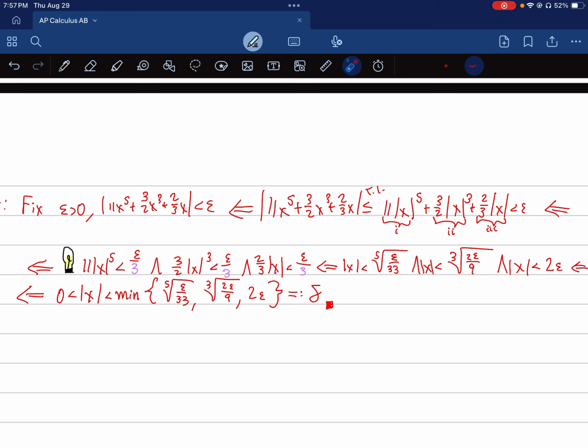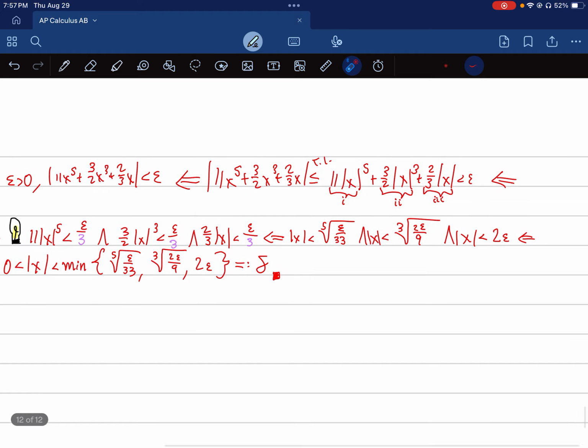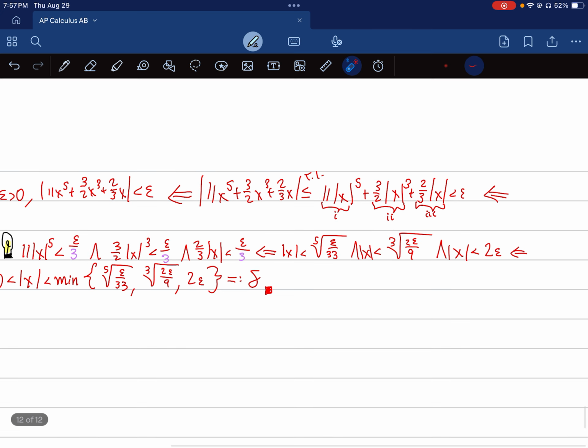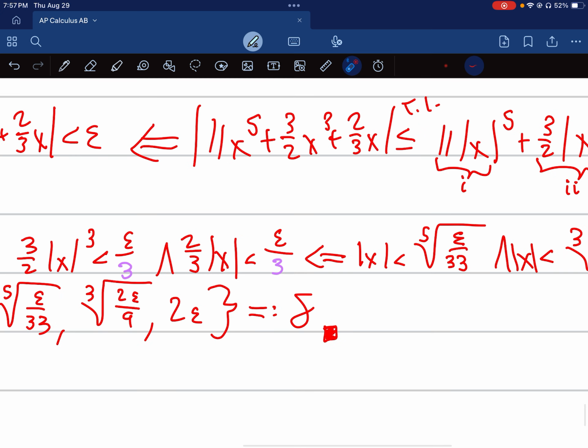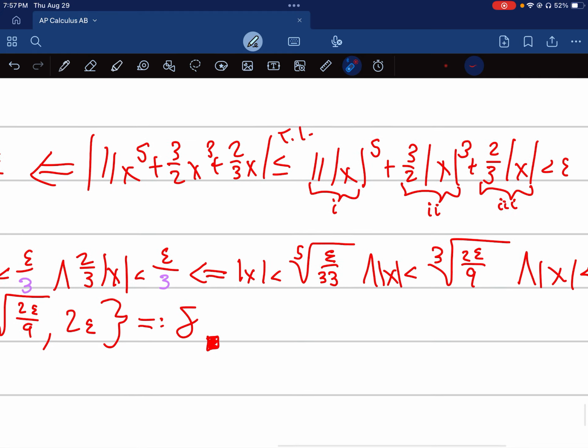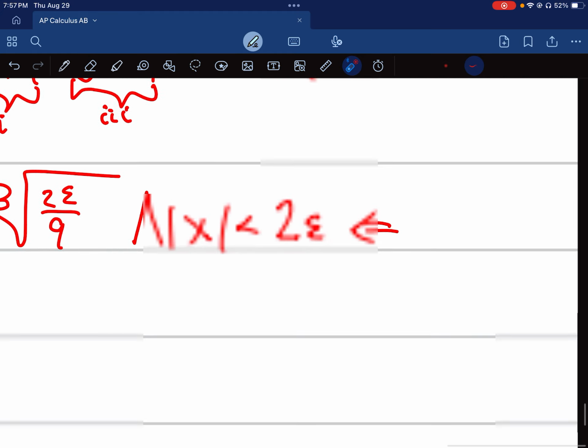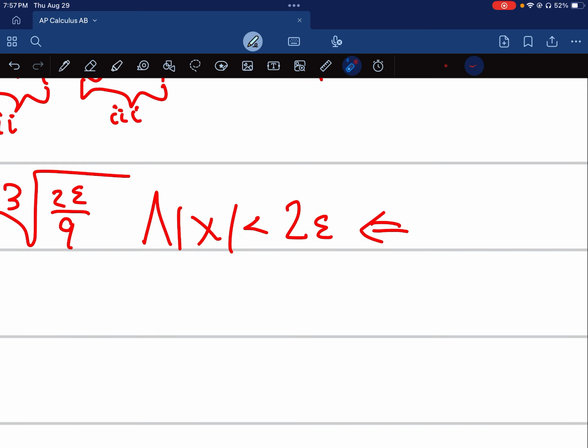And we multiply by the reciprocal 2 over 3, and take the cubed root. And finally, the easiest case, we just multiply by 3, divide by 2, so the 3's cancel out, and we just have, I apologize for the mistake here. This should actually be epsilon over 2,